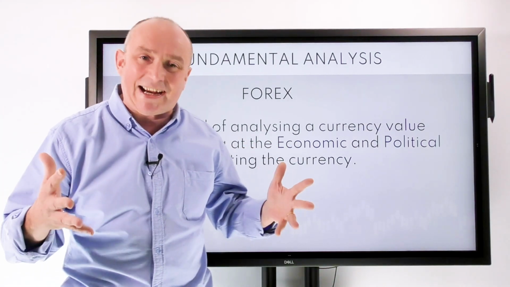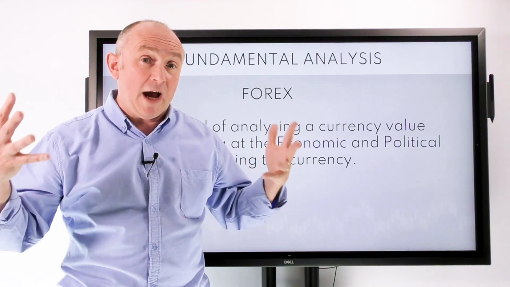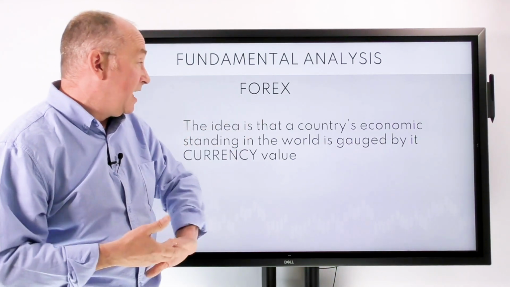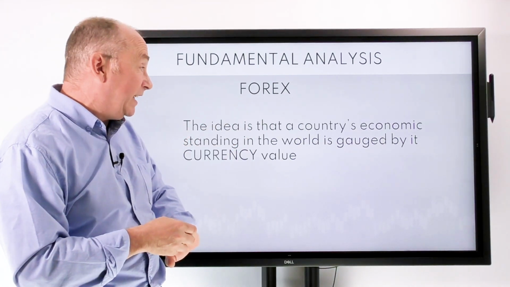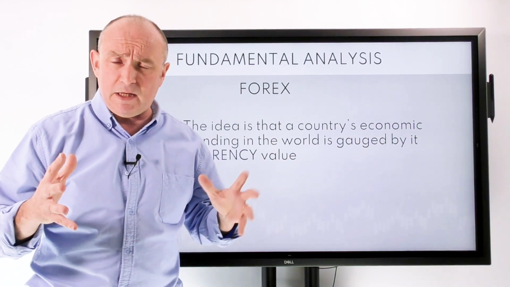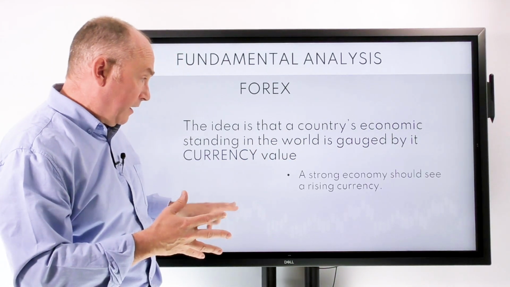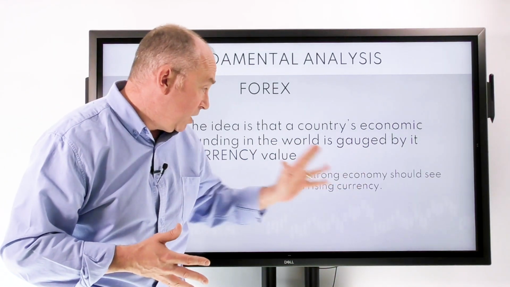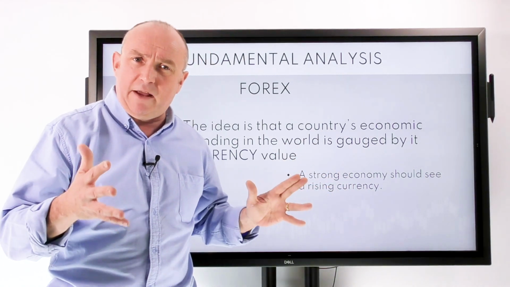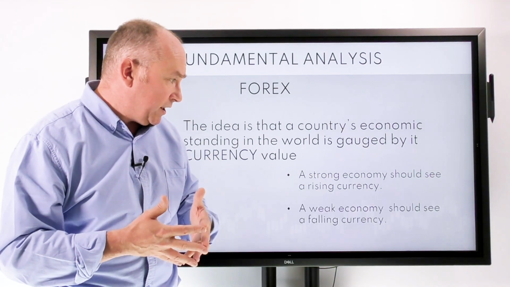So there's a number of factors on the bigger scale of things that's driving an economy higher, and of course where the economy goes, the currency should follow. So basically the idea is that a country's economic standing in the world is gauged by the currency value. An economy that's really strong and doing well should have a strong currency. So a strong economy should see a rising currency. If an economy is in trouble and they're in depression and recession, then a weak economy should see a